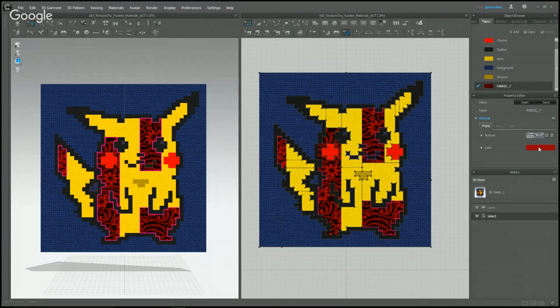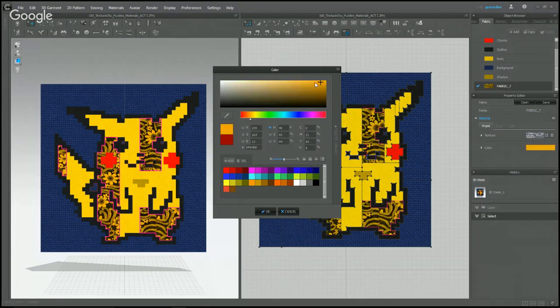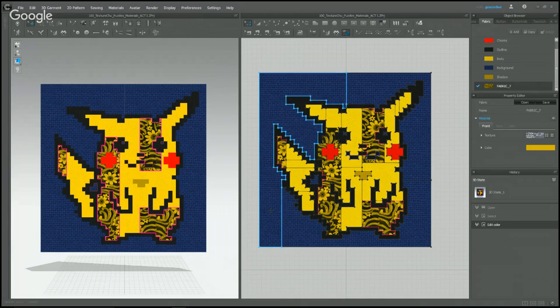If we look at Pikachu, the red on this fabric isn't the most flattering, so we're going to go ahead and change the color by clicking on the color chip. Our color selection menu will pop up, and we're going to change the color to match the rest of the body. So we can just choose a semi-random yellow, or we could use the little eyedropper and just pick that right from the source. The body fabric. Say like so. So now that's yellow,